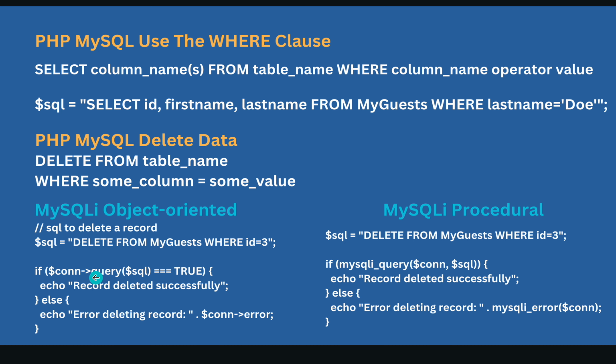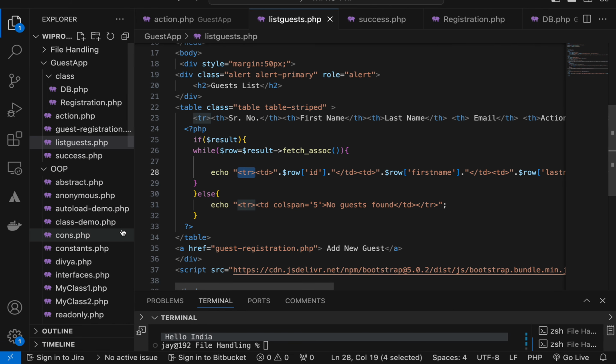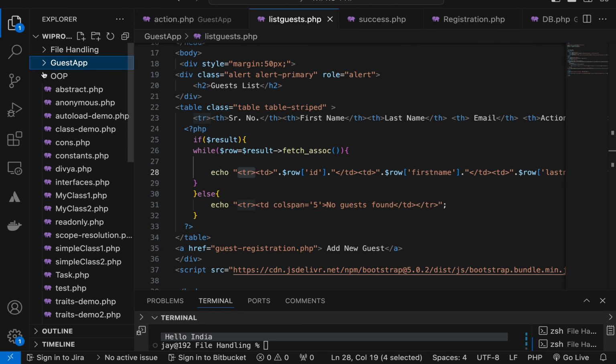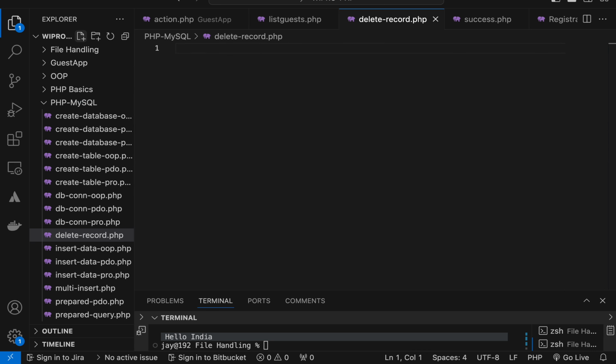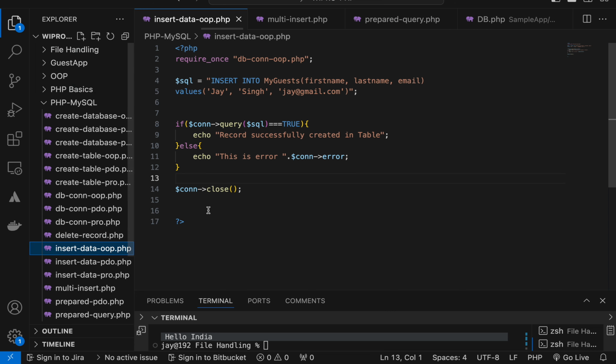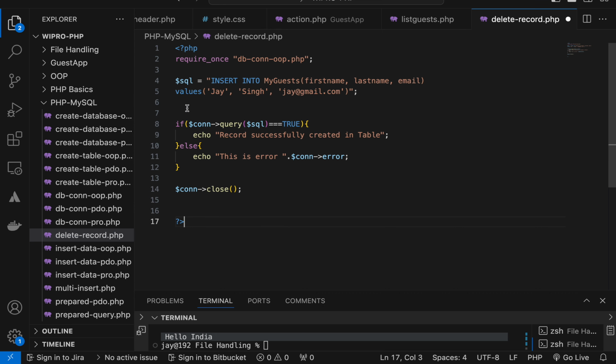So should I demonstrate this delete or is it okay? I think at least one I should demonstrate, right? Yes, sir. So if I create a file, delete record.php, and suppose I'm using one of the queries, delete record, with that connection. So here what I'm writing,